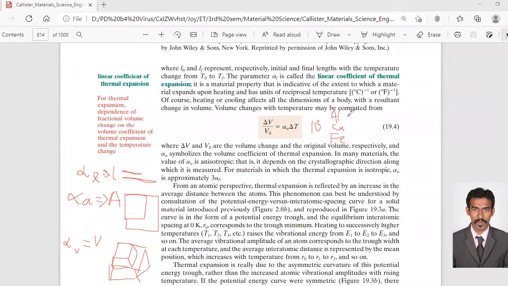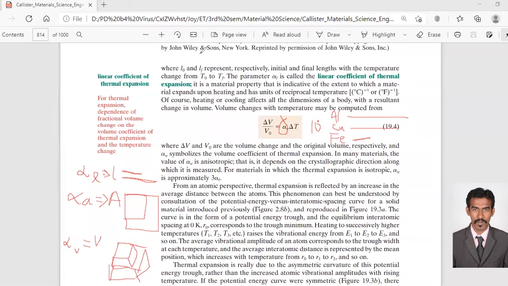Aluminium has a higher thermal expansion coefficient, so that will expand very much. Copper must have next to that, so it will expand this much. But iron is very low, so that may expand this much. For all three materials, you have provided 10 degrees Celsius, an equal amount of heat, but they show different lengths. So this is the property of the material, denoted by alpha, the thermal expansion coefficient or linear coefficient